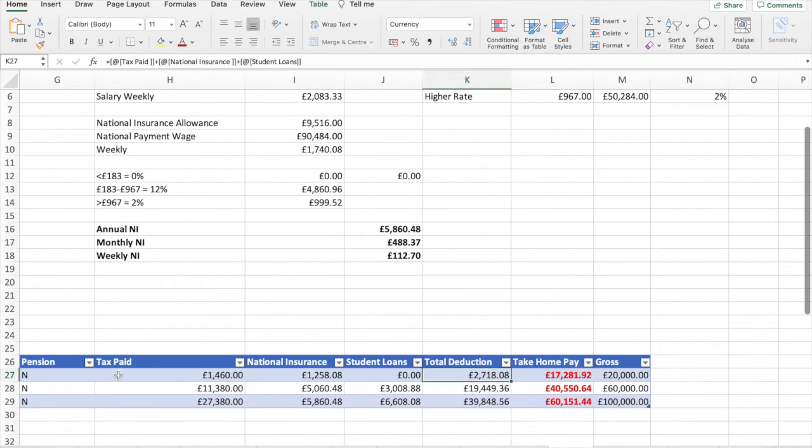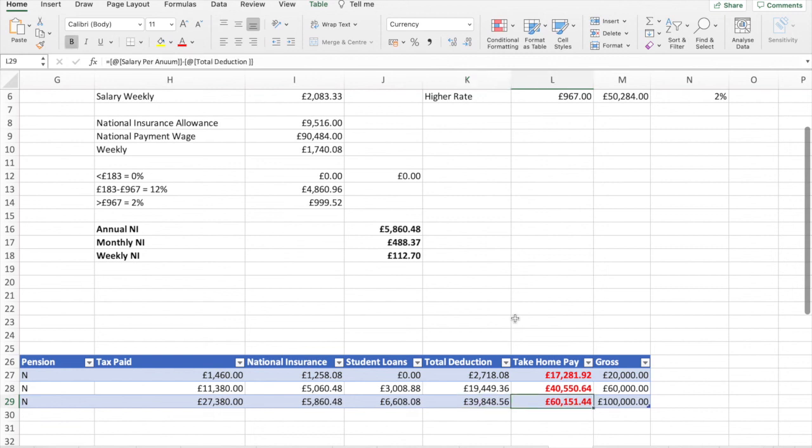This would be the tax paid, the national insurance, and student loan repayments for all three. The total amount of deductions for Sarah the secretary is 2,718. For Sam the solicitor, the deductions from her gross wage is 19,449, and for Ben the broker, deductions were